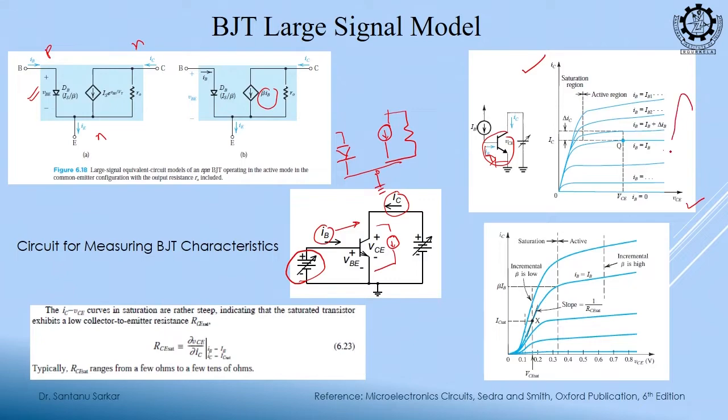Input side I am varying base voltage or base current. In this x axis I am varying what? VCE. Then I am getting the total plot. If I have a fixed VB, then I will get only one plot. Okay. But as I am varying this base voltage also,